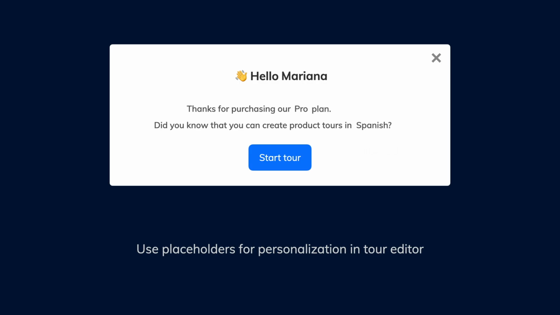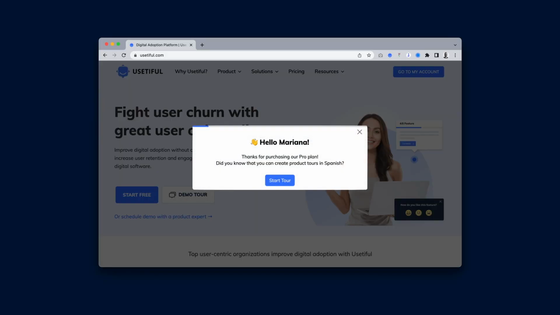Once your application is set to send tags information, you can use them to personalize and target content from within